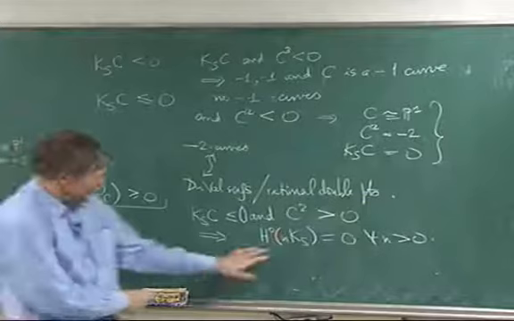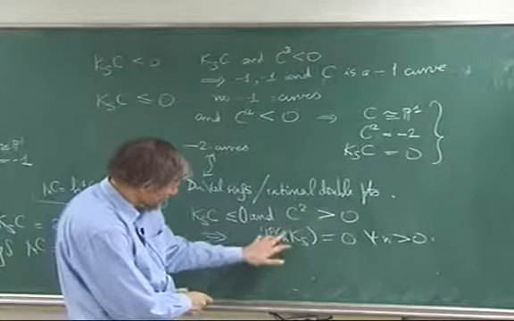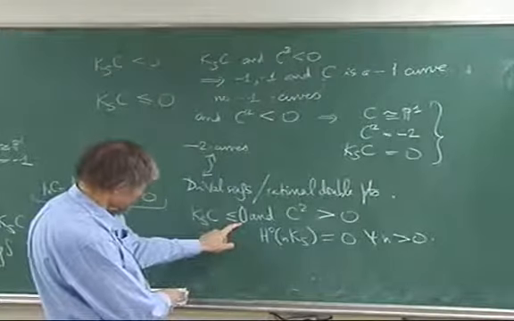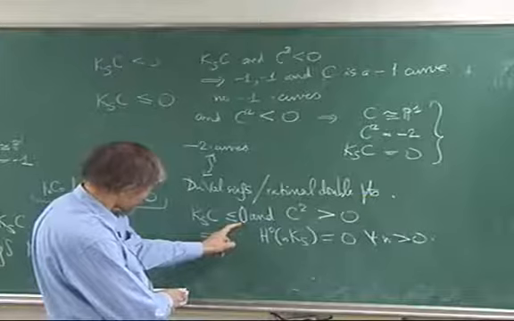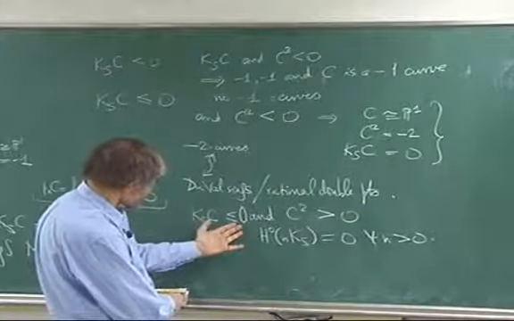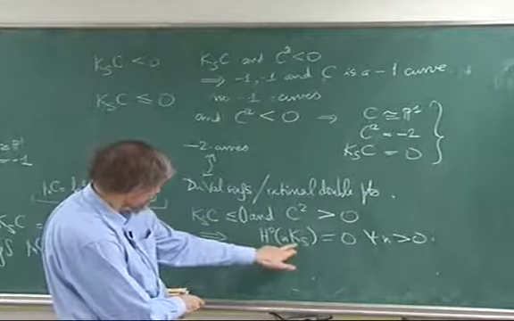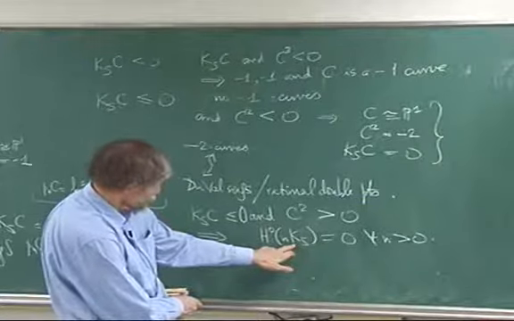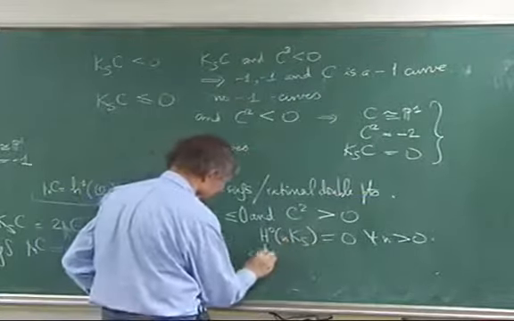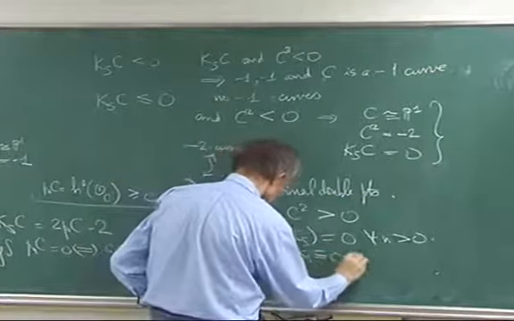Because if some multiple of K is effective, then I can intersect it with C. On the one hand, I'm supposed to get something less than or equal to 0. But if I get actually equal to 0, then it means that the Ks is numerically trivial. Either Ks is numerically trivial, or